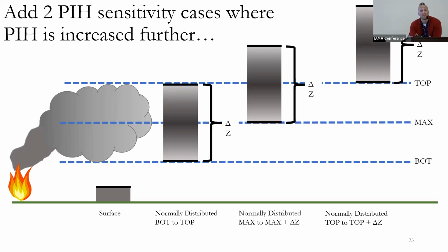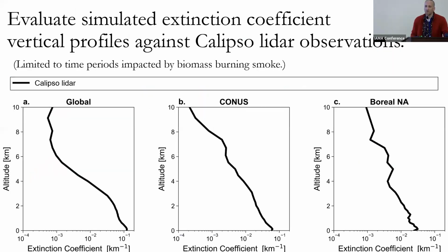So, super arbitrary here. We know we're not actually good on any given plume, and we're not going to expect to do better. But we wanted to see what's the sensitivity of a model simulation to shifting it up, and on a global scale, is it actually getting the plume heights better? To test whether increasing the plume height is on average better, Nicole did this comparison against Calypso LiDAR profiles. This is spaceborne LiDAR, and she limited it to times when the model thinks that at least half of the aerosol optical depth is from smoke, eliminating all the times where smoke has a smaller influence.